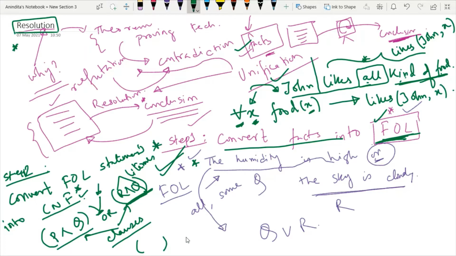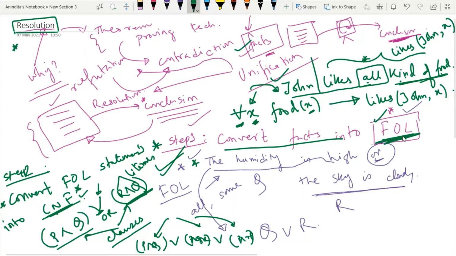So we may have more than two clauses with more than one literal, which are connected via and. In order to perform conjunctive normal form, always remember all the clauses should have disjunction in between them. That is, we should have or. So, the second statement is whatever FOPL statements we have derived or converted,